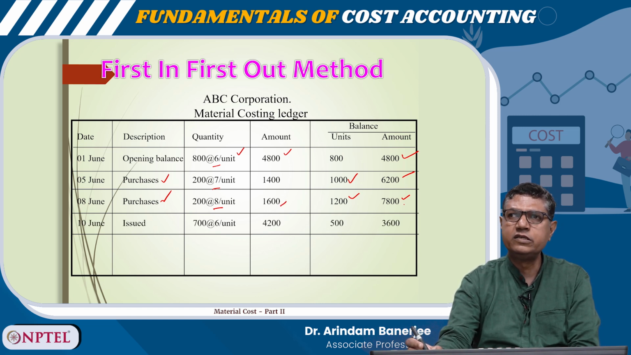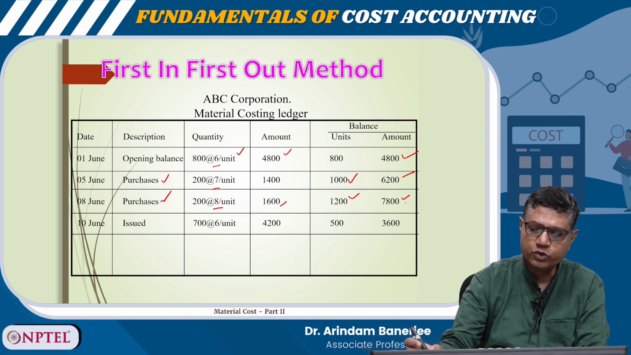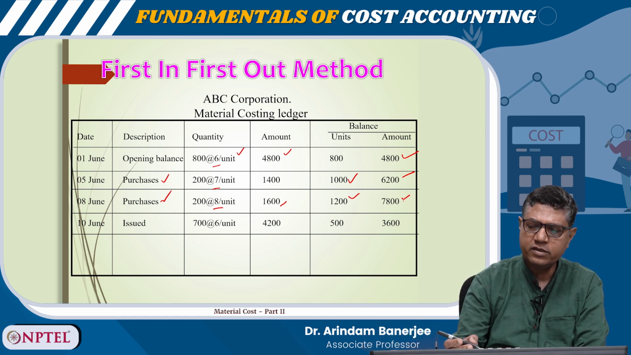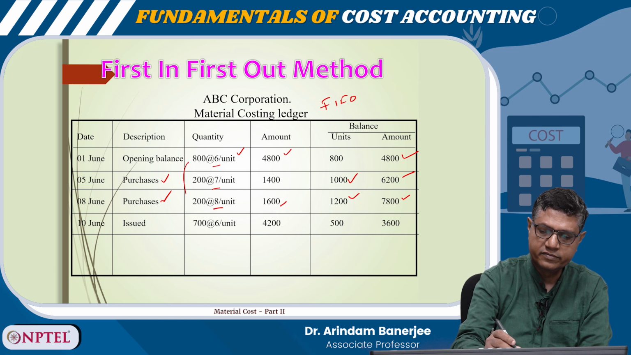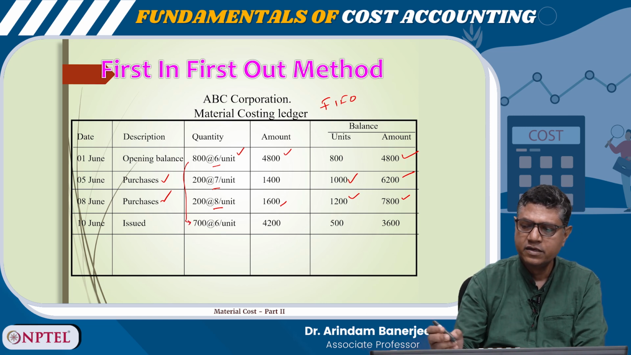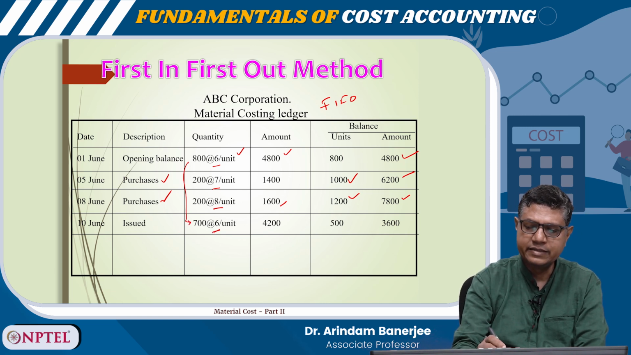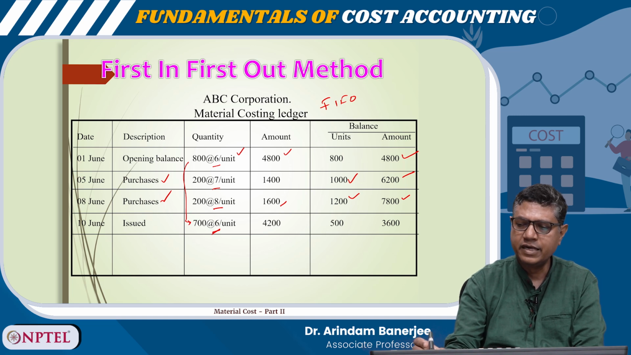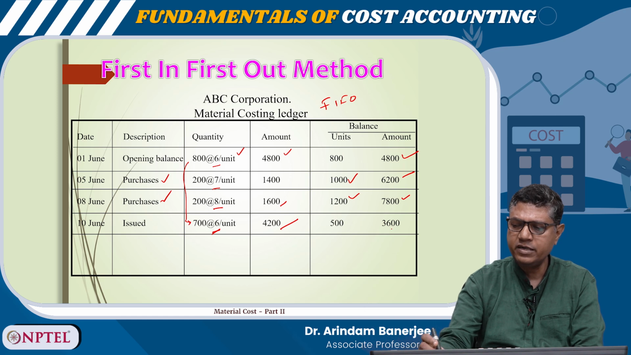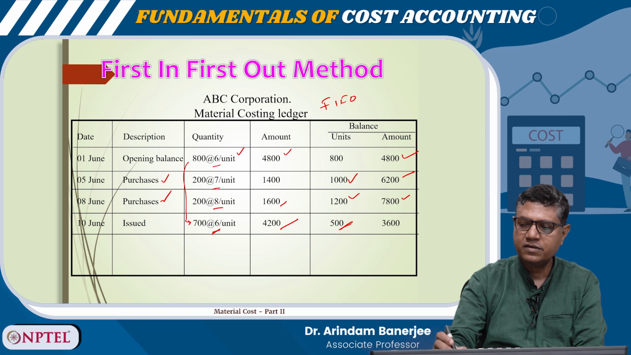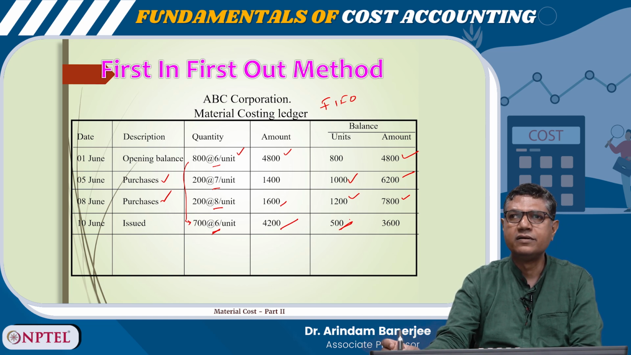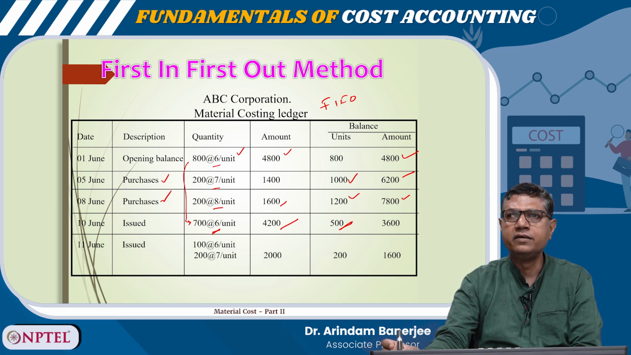Now, the first issue is happening. So, because we are following FIFO, first in, first out, from where will it go out? From here, right. So, we will value it at 6. The 700 into 6 is 4,200. So, how much remains? 500, right? Then again on 11th June,